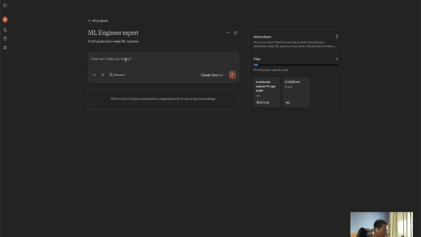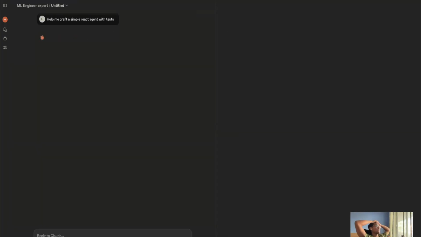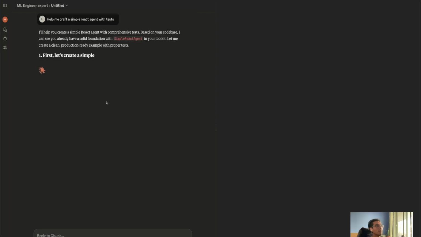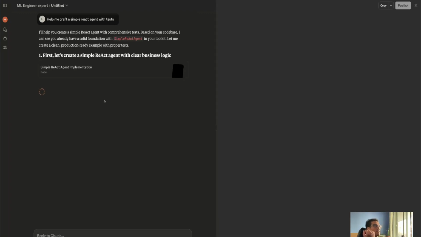So for example, here, help me craft a simple React agent with tests. So this should use the index and it should use a bunch of things that are in the prompt, and very likely it might even go and look for the code inside the repository. Let's see what it does. And here we go. I was about to pause the video, but it was not necessary. So we're gonna give it a second and we're gonna see if